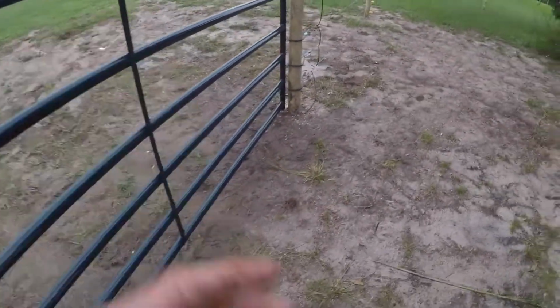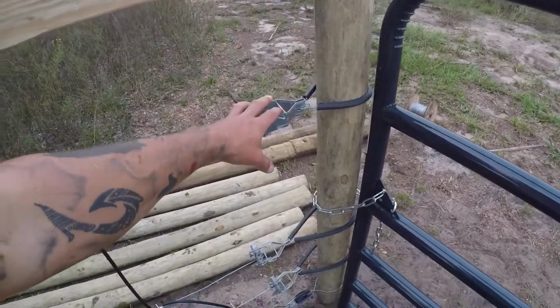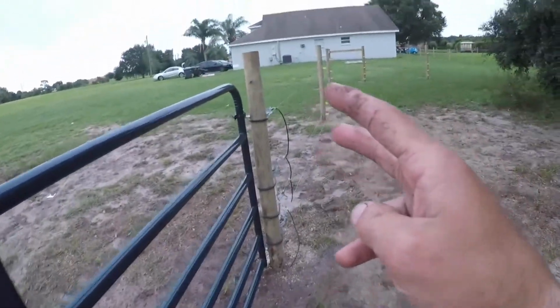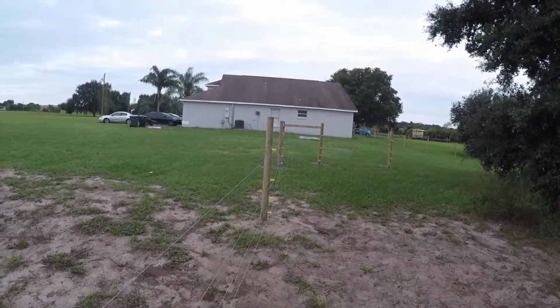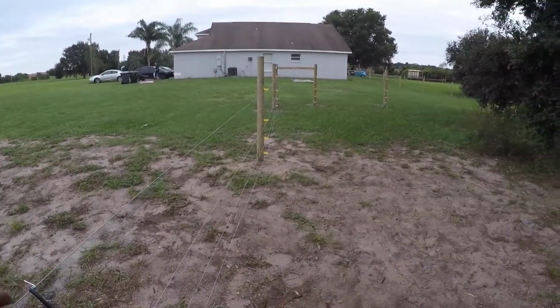We ran all 10-foot gates. I ran cranks on this side for the strip all the way down to that one corner back there. Then I ran 2 cranks for our electrical wire on this strip because of so many cuts. There is 1, 2, 3, 4 corners, and it just was not bringing it snug enough. I mean, it's not going to be super tight, but we at least want to bring some kind of tightness. So with that being said, my next thing to do is to finish cleaning this stuff up, which will be